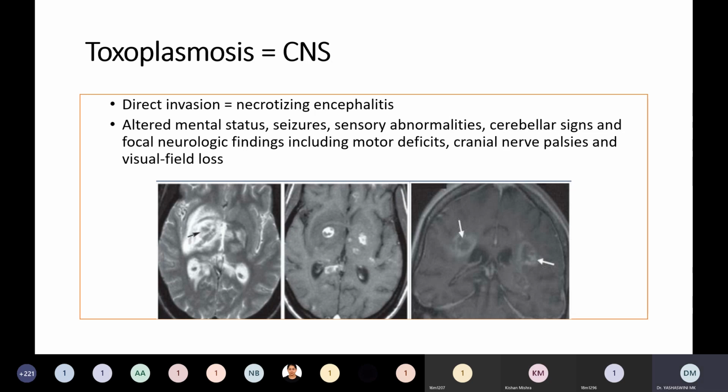Okay, so the classical triad, the congenital symptoms, and the laboratory diagnosis, so DFA or the antibody IgM, IgG detection, or in IgG, there is again something called the IgG avidity test. So in this avidity, it's a more